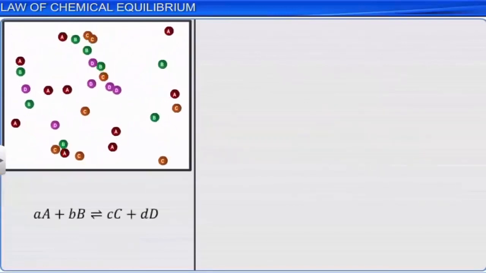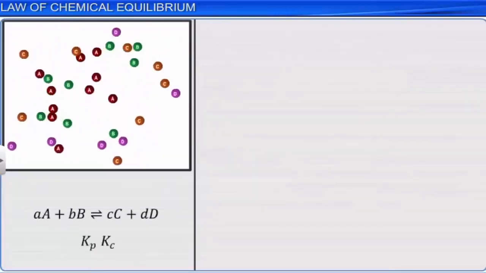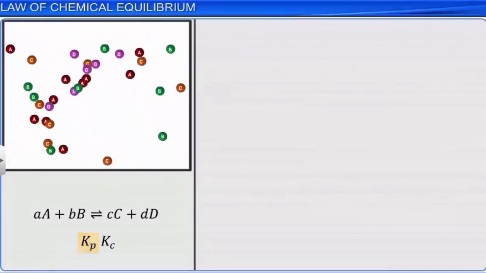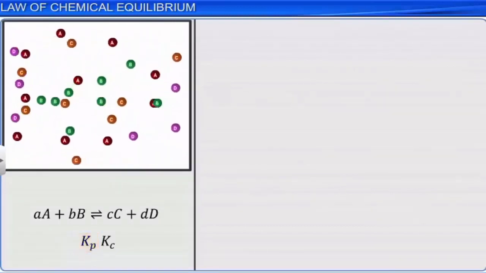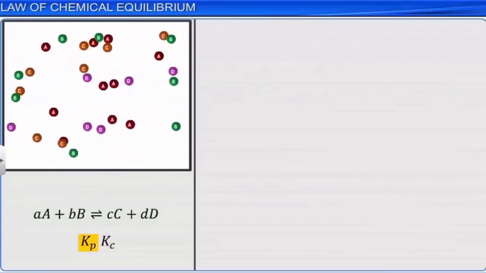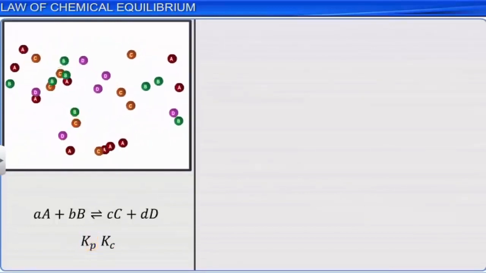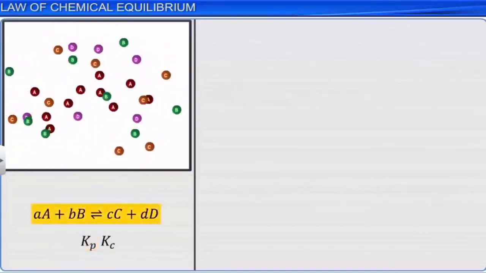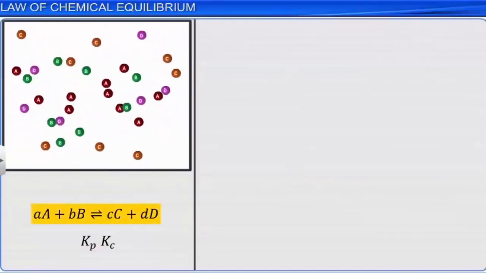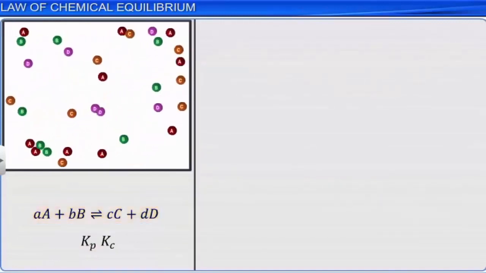The equilibrium constant in terms of partial pressure is represented by Kp. Let us examine the relationship between the two equilibrium constants, Kc and Kp. For a general reaction of the type aA + bB in equilibrium with cC + dD, the equilibrium constant